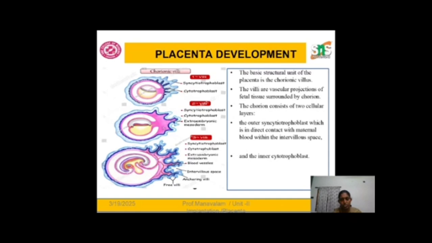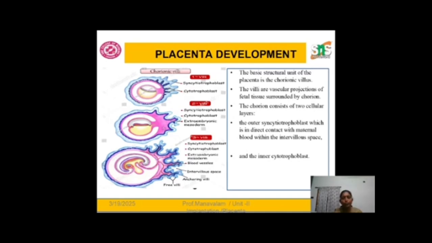The villi are vascular projections of fetal tissue, surrounded by the chorion, otherwise called finger-like projections. There are three types of villi: primary villi, secondary villi and tertiary villi. First we will see the structure of the embedded